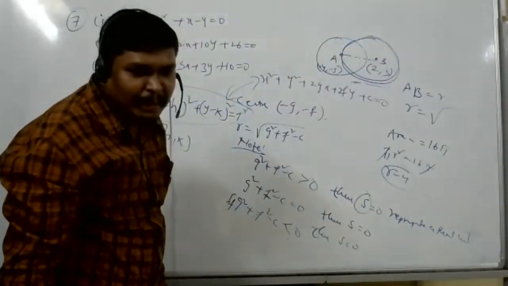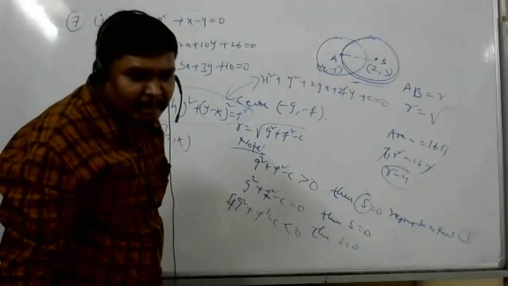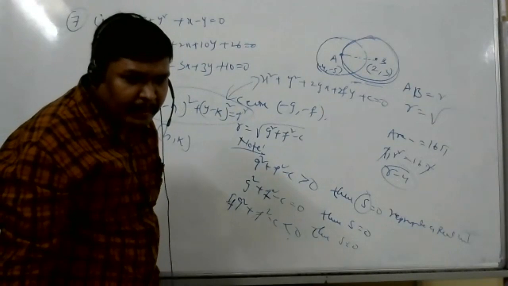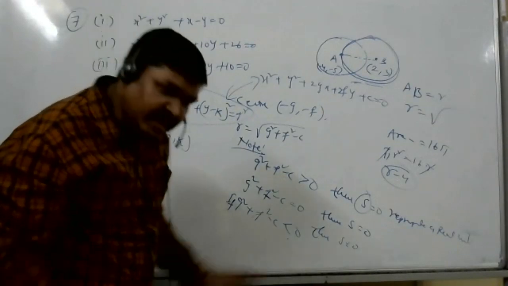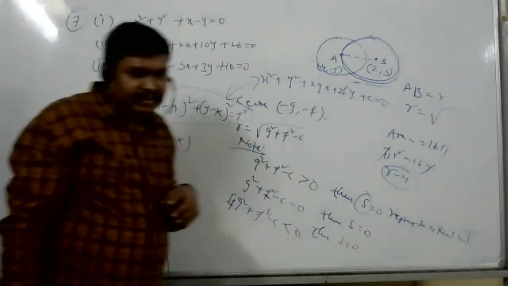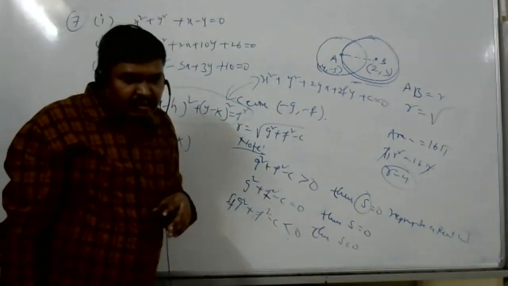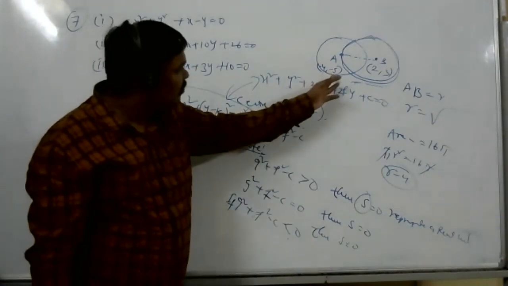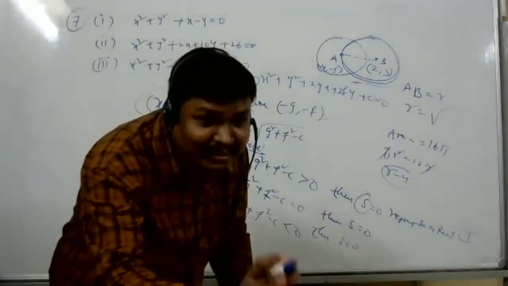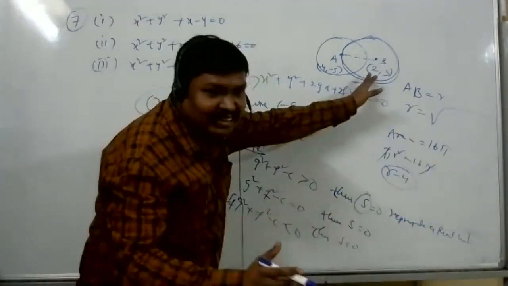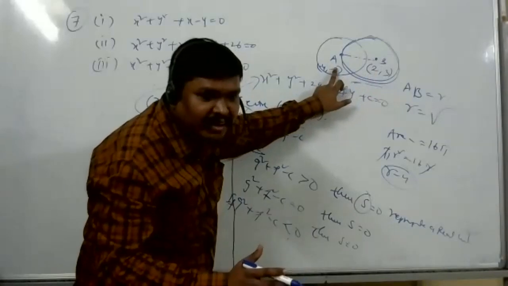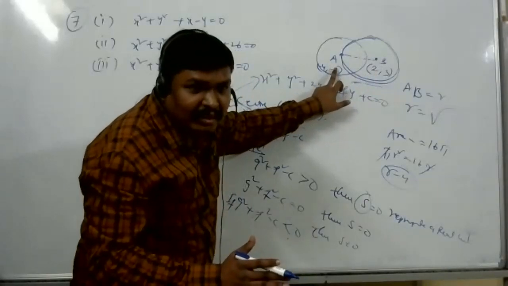Okay, sir. But they're coinciding, right? Yes. But a concentric circle has the same center, right? Center is the same, but radius is different. Yes, sir, but over here A and B are different centers. Then how are they concentric? That is the problem I didn't get. See, this center we have to substitute, not this one. Okay, sir.